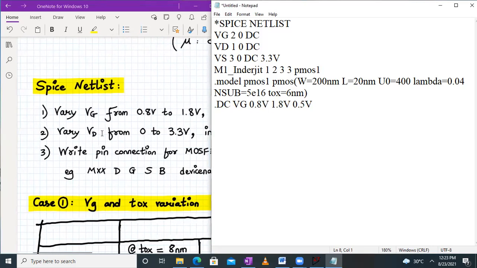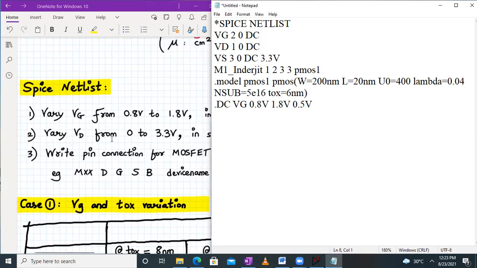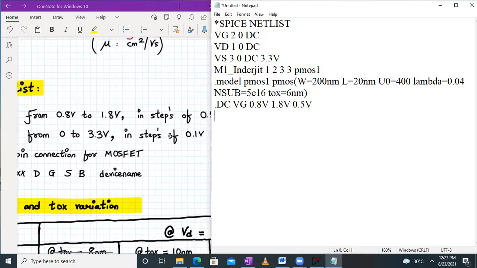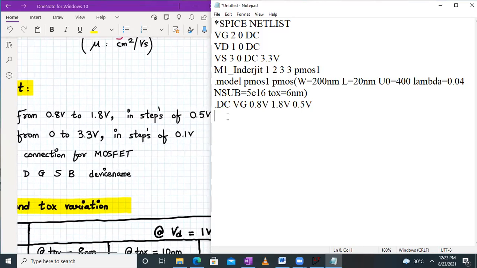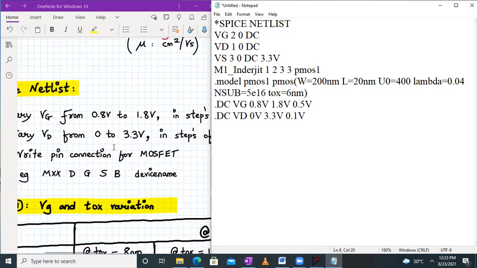Now in the next step, we have to add vary VD from 0 to 3.3 volts in the steps of 0.1 volt. So how do we write? Dot DC VD, going from 0 volt to 3.3 volt in the steps of 0.1 volt. Okay, so that's how we add these two statements, right?